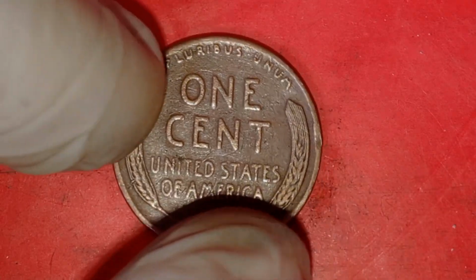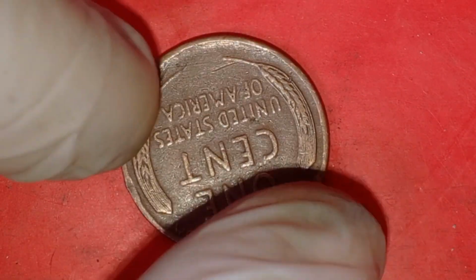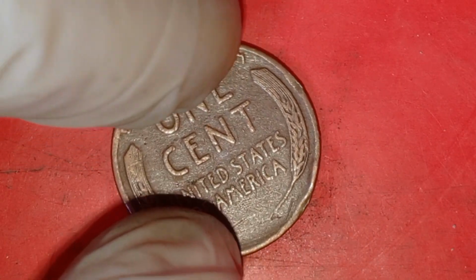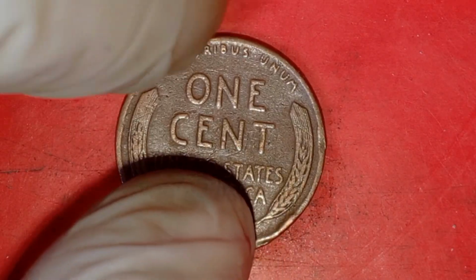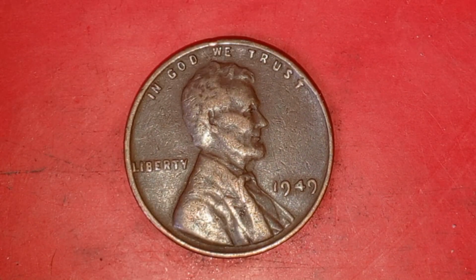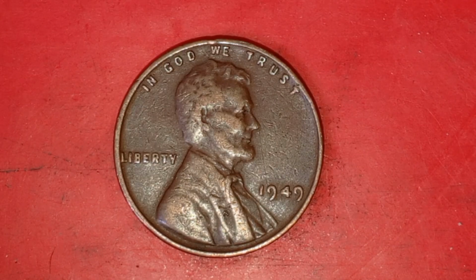These double die errors are highly prized among collectors, and the rarer the error, the more valuable the coin. A well-preserved 1949 penny with visible doubling could be worth a substantial amount of money. And when you consider the right conditions, we're talking about prices that could go up to thousands, and in some rare cases, even more. Footage of a high-value 1949 penny under a magnifying glass, with the camera focusing on the details of the